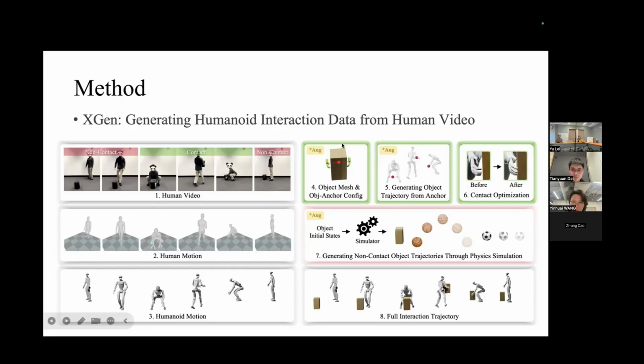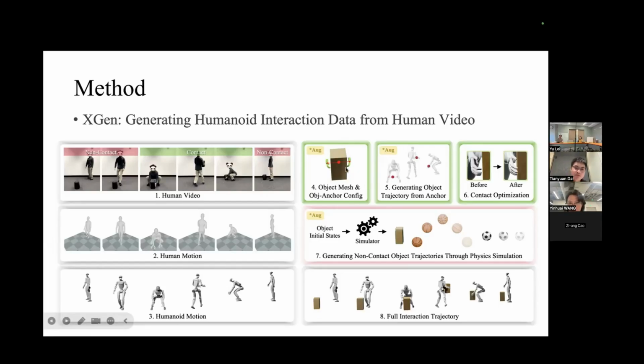There are a lot of ways to acquire the mesh and this configuration. For example, we can use SAM3D to estimate the object mesh and hand-object poses, or we can manually define the hand-object poses.